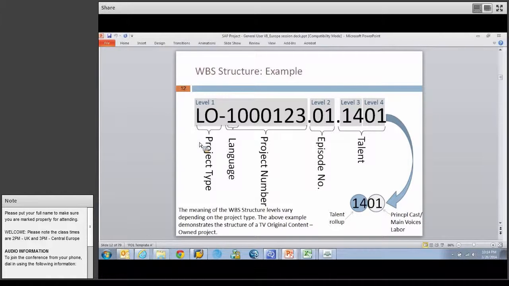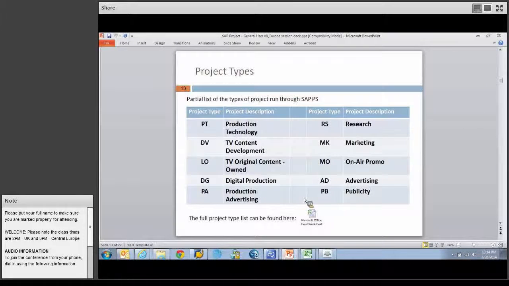and if I look at slide 13, there is a sample of other project types that you can pick. RS for research, DG for digital production, PB for publicity, which is usually what press departments use. This particular Excel that's attached here has a list with more detail of the different types of projects that can be picked. Opening that up, as you can see,